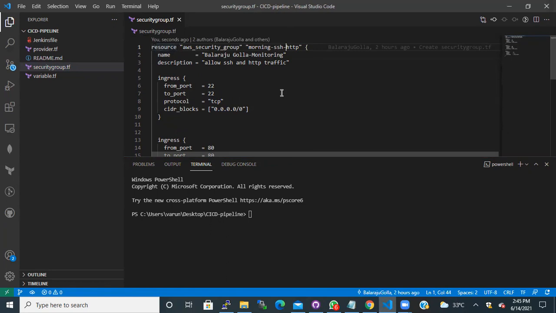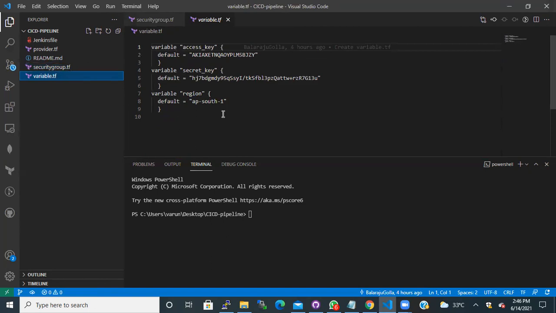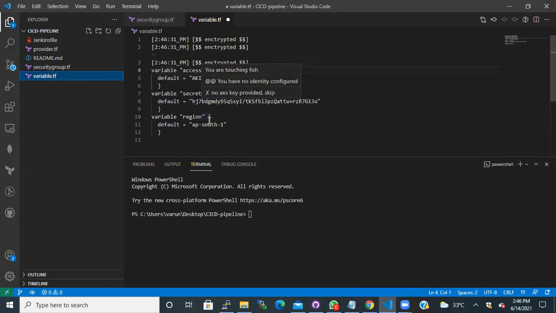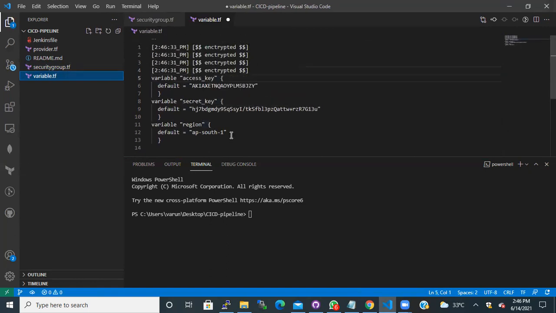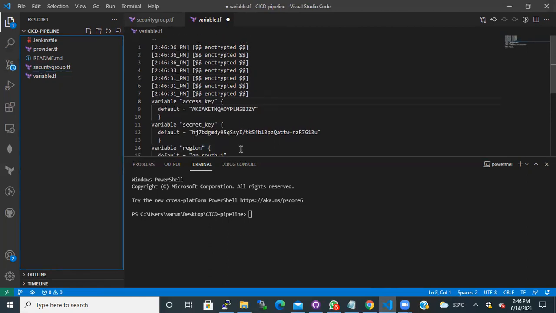Okay. I'm just going to give the same thing that I gave here. Monitoring. Okay, let me save my code. As I mentioned, these are my variables, secret key and access key, and the reason why I want. What the hell is happening? Some key is pushing. What?